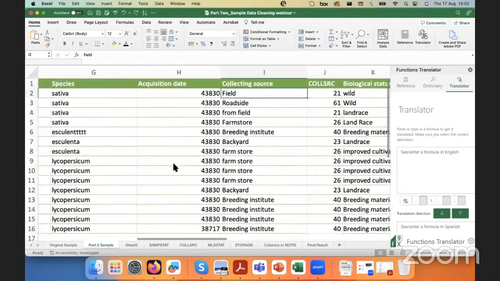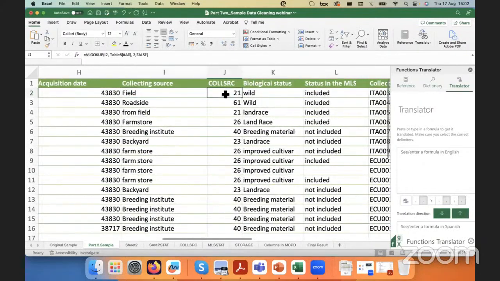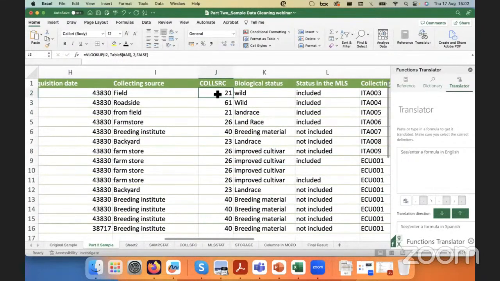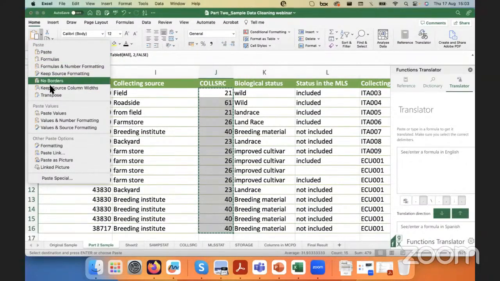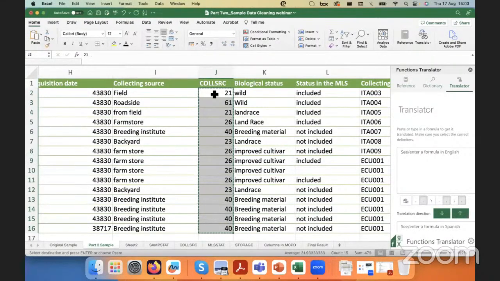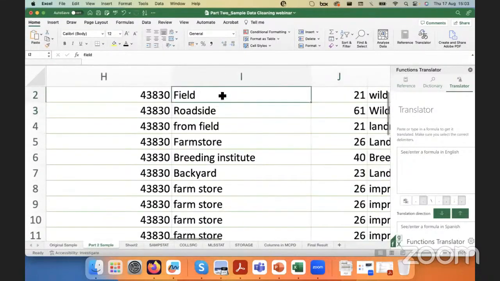And I will show you how you can disconnect your values from the function. So in order to do that, an easy way is to select all of your values here. So on the first cell, Command Shift down, copy, Control C, and then go to the home ribbon, paste, but don't click on paste, just click on the arrow. And if you scroll down in this menu, you will see paste values. So if you click on the paste values, while you are still on the same selection, you have now disconnected your matches to MCPD